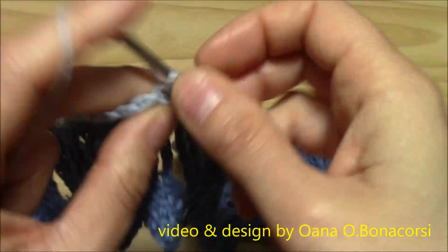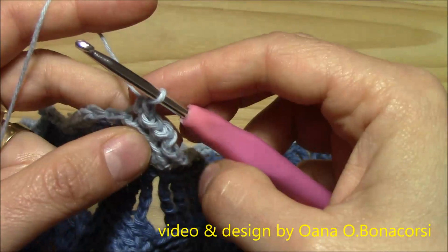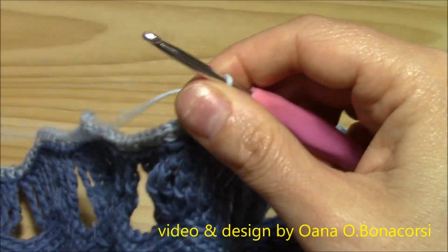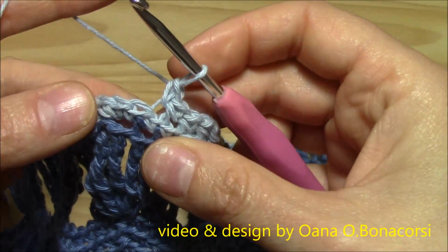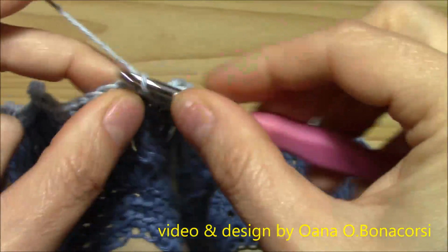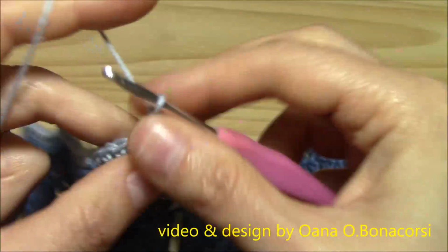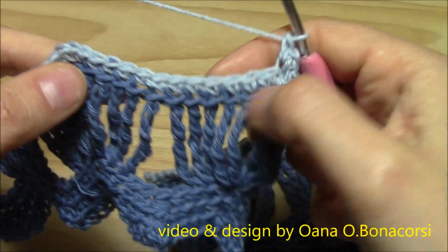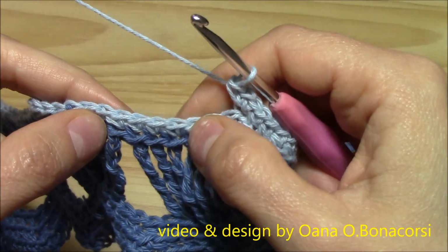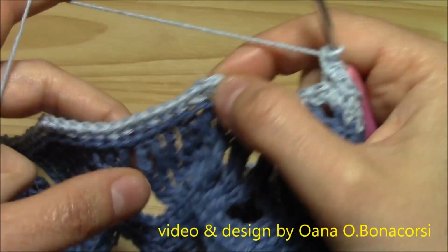And now instead of 4 we work 5, so exactly the same number. 1, 2, it's 1, 2, 3, 4 and 5, and here we work 3, and then we go back with 5, and we will skip 2 because we skip 1 on one unit and 1 on the other unit. So we go back 1, 2, 3, 4, 5 and skip 1 and skip 1, and then again 5, 3